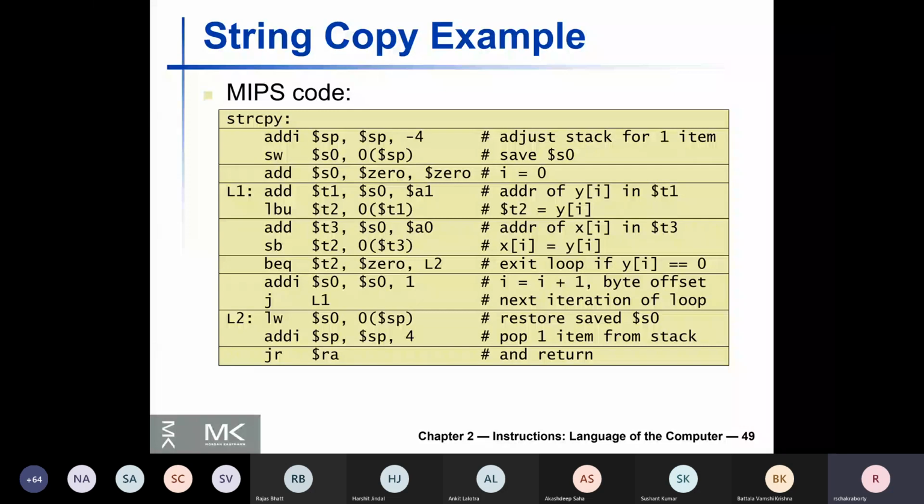So again, you just jump to the loop, and continue like this until the value that you have written is 0. Notice that the comparison of the value being read, whether it is 0 or not, happens after the copying has happened. What I mean by that, notice that the BEQ operation is after the SB operation, because in the destination also you need the null character to be copied, and then you compare whether it is a null character or not.